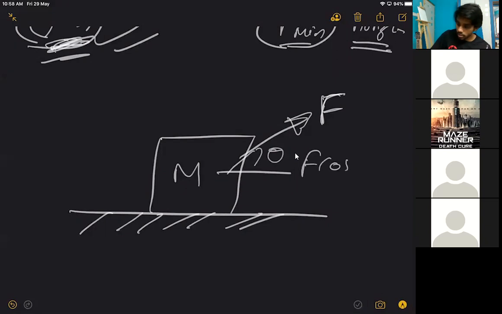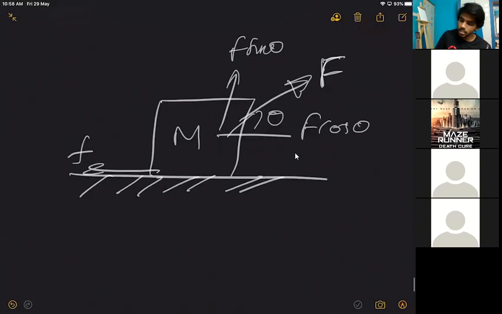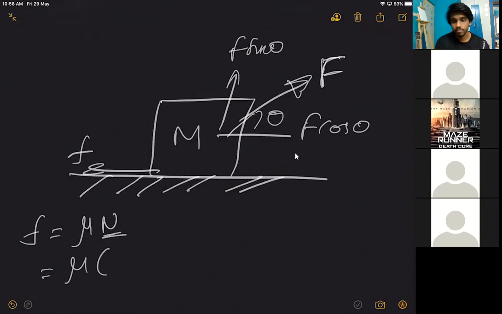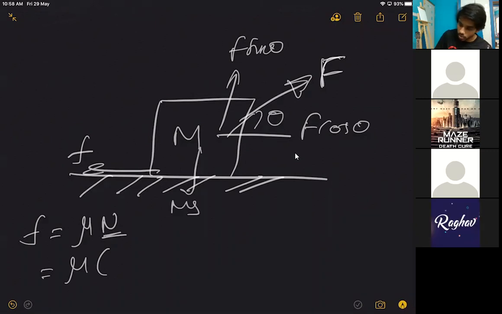This is F cos theta. This is F sin theta. And there is friction. We want the sliding case, just to start sliding, right? So I consider friction equals mu N only. Can somebody tell me the value of N here, please? F sin theta. No, there is mg also, right? Oh, yes. So N must be equal to mg minus F sin theta. Do you people agree? Yes.